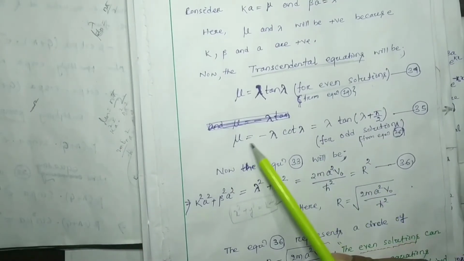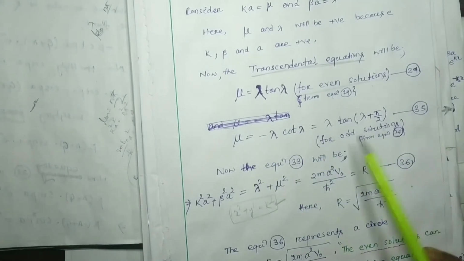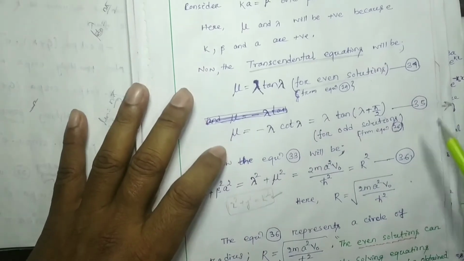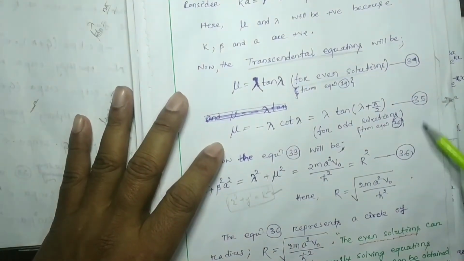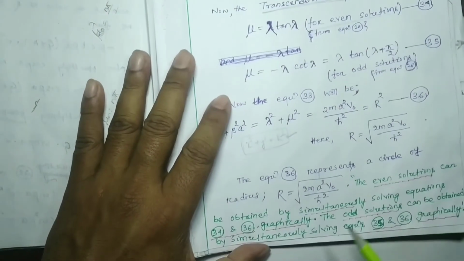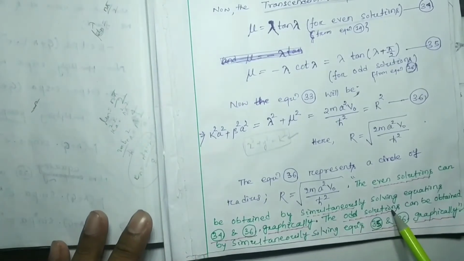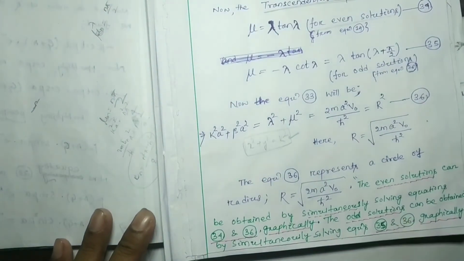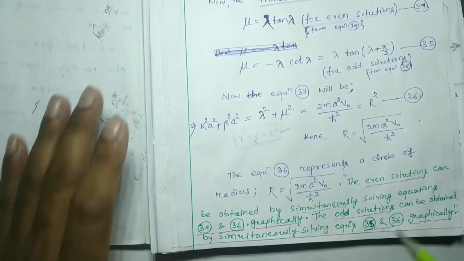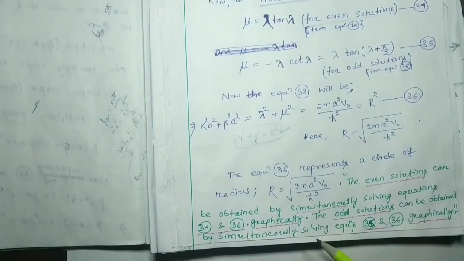As this 35 belongs to odd solution, considering 35 and 36 combinedly, we can get the odd solutions. But both are going to be solved graphically,